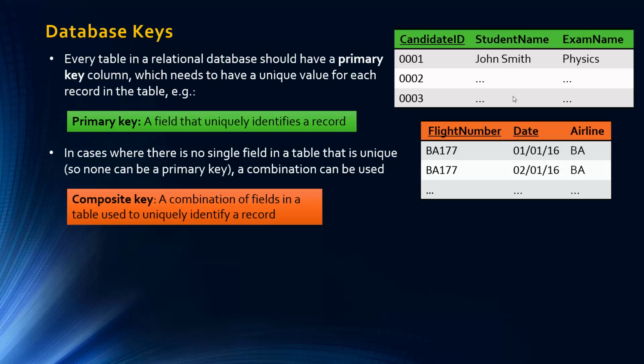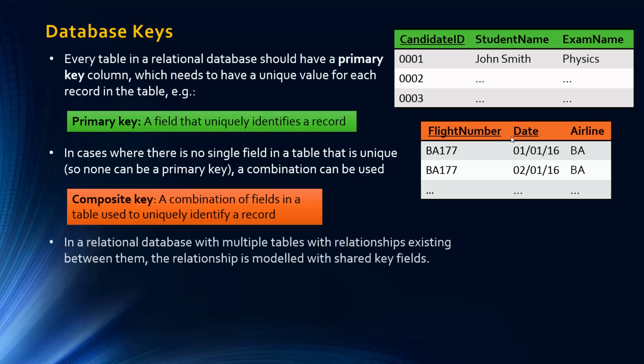On its own, this wouldn't be enough to make it unique, because we've got two records with the same flight number. So we can combine it with a date. Maybe there's only one flight leaving per day, so the date can be combined with the flight number, hence both underlined, to make this composite key. Hopefully this explains why it's really important to uniquely identify a record. When we talk about the SQL statements a bit later, it will become quite clear, I would hope.